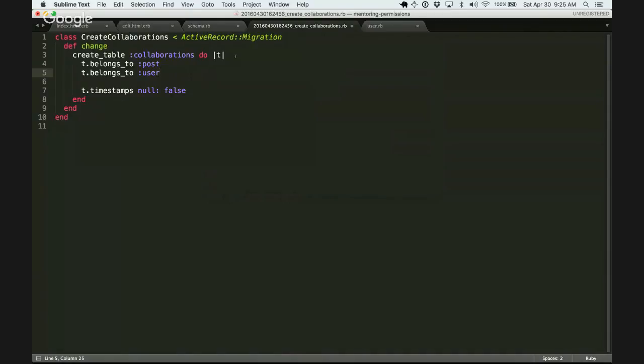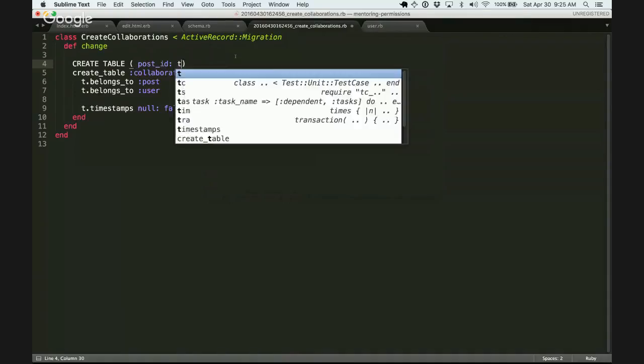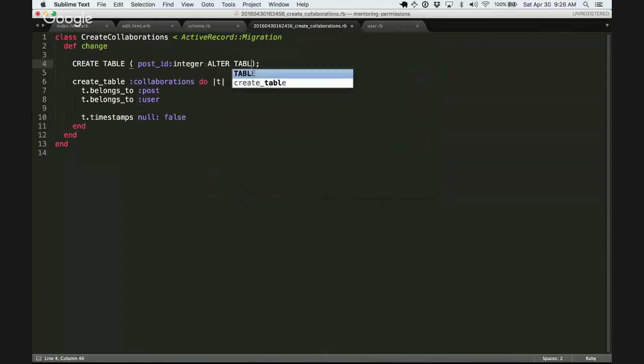This is kind of like doing something like create table, and then you pass in post ID, and that's an integer. I think this is how you would write it in SQL. But how do you do that in here? How do you say has many? You can't be like, oh, alter table user and then post ID. You can't do that